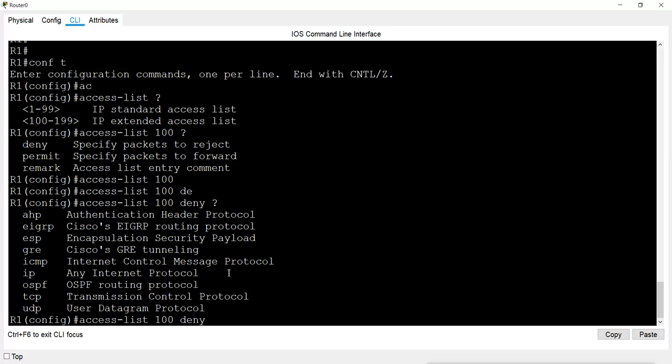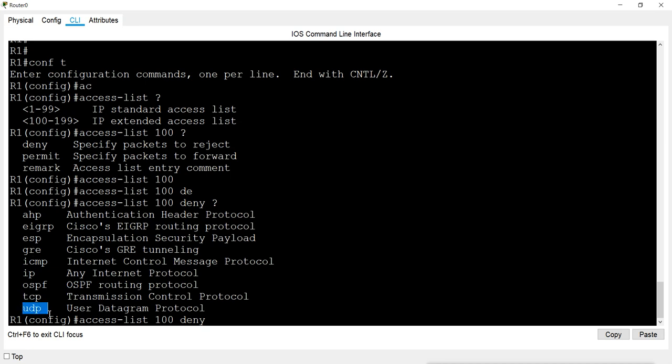FTP works on TCP, so the protocol I will mention here is TCP. In case you want to block, deny or permit any protocol which works on UDP, for example DHCP, or even DNS, which also uses UDP, you will use UDP here. So in all these protocols we use TCP and UDP.